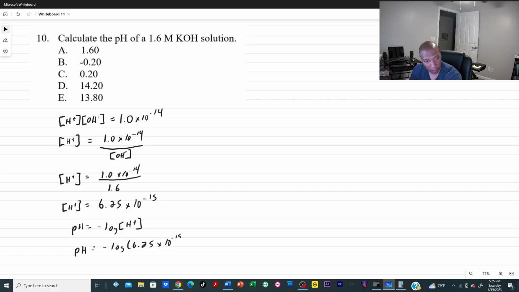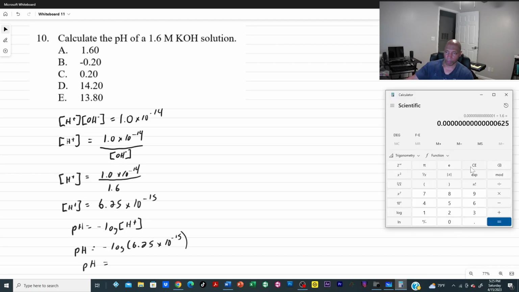Okay. So of course we know that the pH is equal to the negative logarithm of my H plus concentration, right? All right, so my pH is going to equal the negative logarithm of 6.25 times 10 to the negative 15. So let me go ahead and plug in my calculator. I'm going to hit C to clear that, and I'm going to hit 6.25 times 10 to the negative 15 equals,